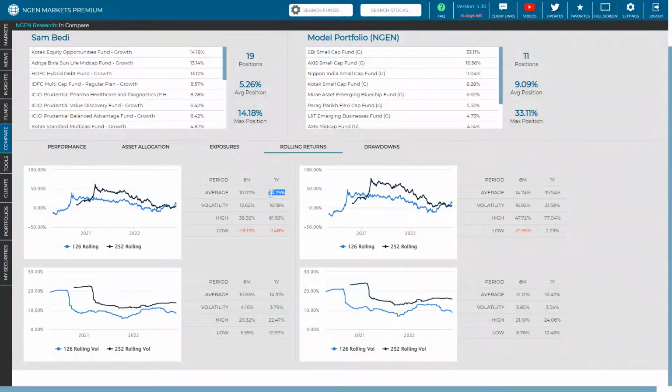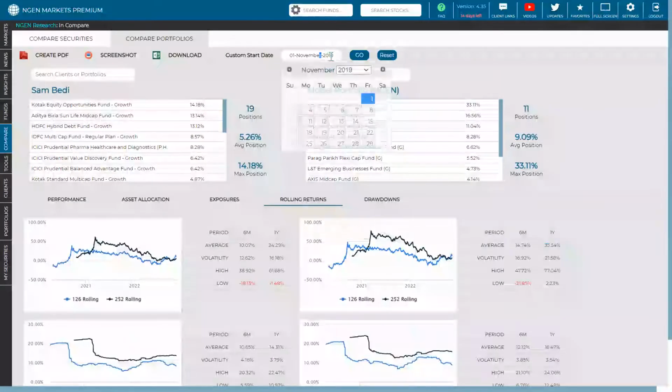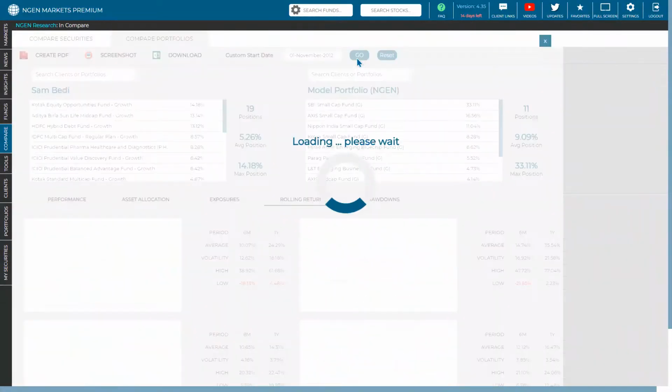So you can see the average return of the portfolio on the left side is 24%, whereas the average return of this model portfolio is 35%. This is actually calculated daily, so for any particular set of dates you choose, for example from 2012, for a long run,